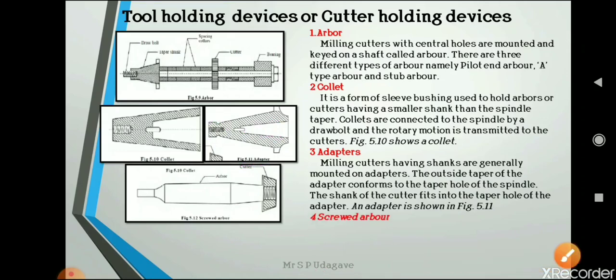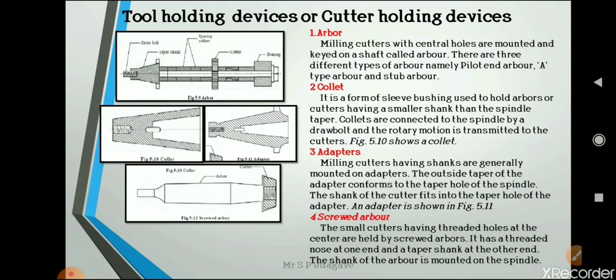Next is the screwed arbor. A small cutter having a threaded hole at the center is held by screwed arbors. It has a threaded nose at one end and a taper shank at the other end. The shank of the arbor is mounted on the spindle.